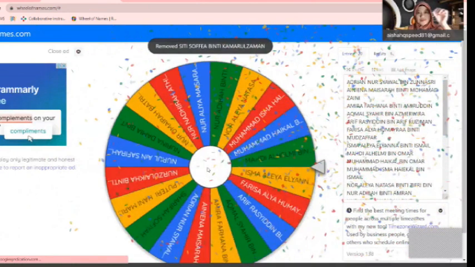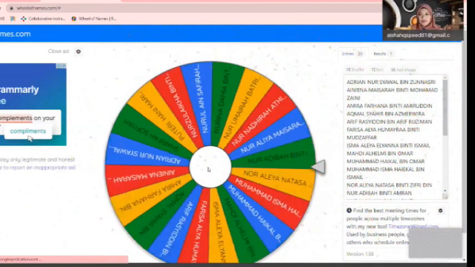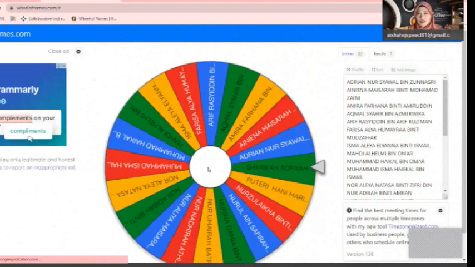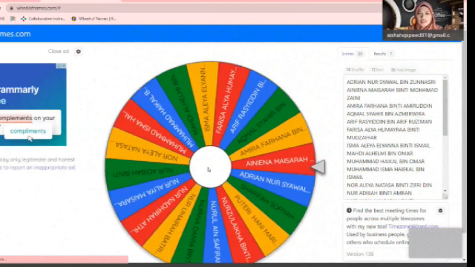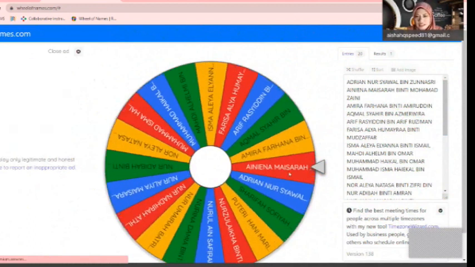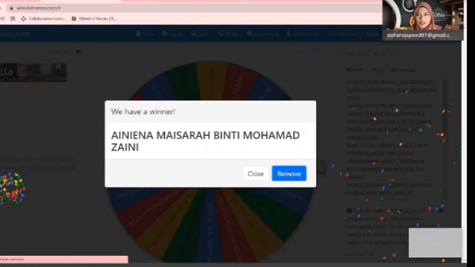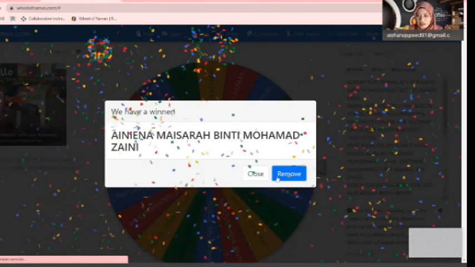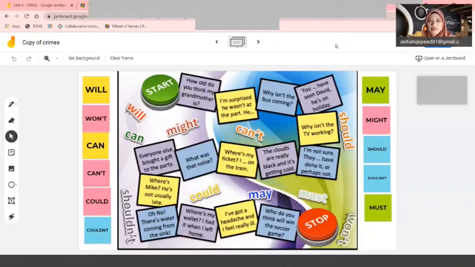Okay, I spin first all 15 names, and the students just now were really screaming, teasing one another. So Anina Maisara is the second one. Okay, and after I have spun all their names, they immediately work on these sentences